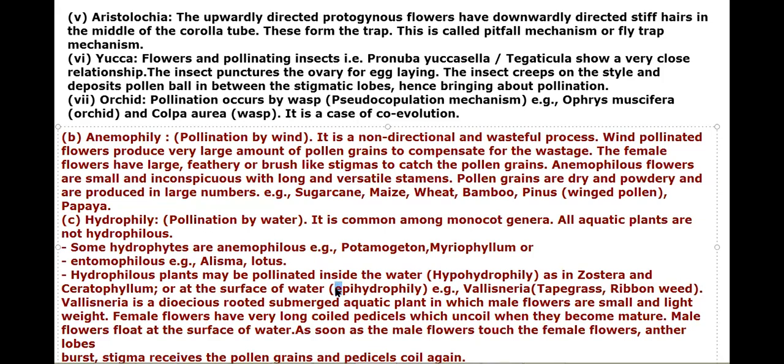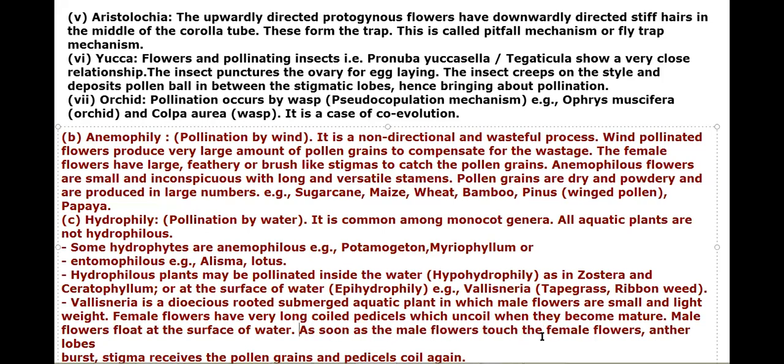Epihydrophily: if pollination happens on the surface. Vallisneria is a beautiful example. It is a dioecious rooted submerged aquatic plant, meaning it goes into the soil and its roots are there, in which the male flowers are small and light. Female flowers have very long coiled pedicels which uncoil when they become mature, so the male flower floats on the surface of water as soon as the male flower touches the female flower and their lobes